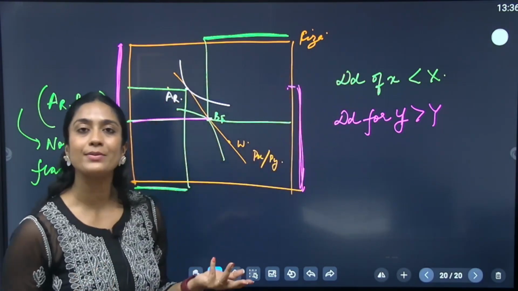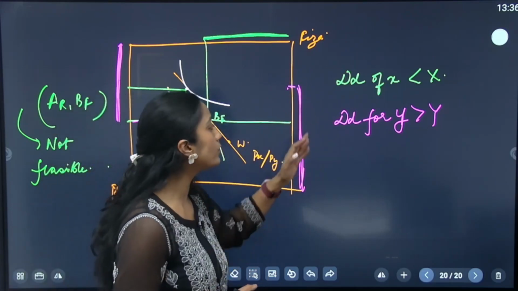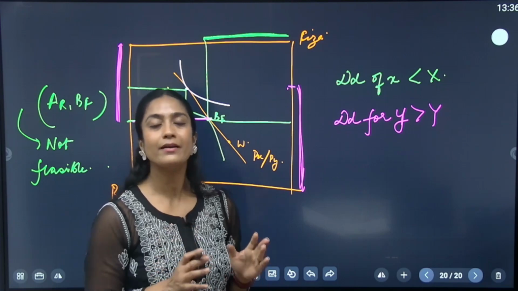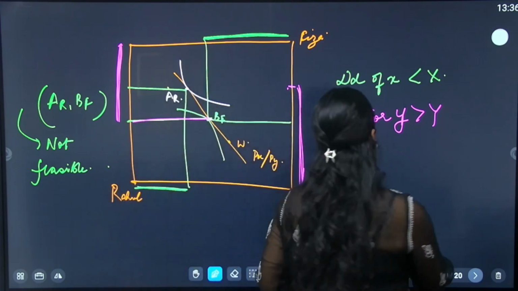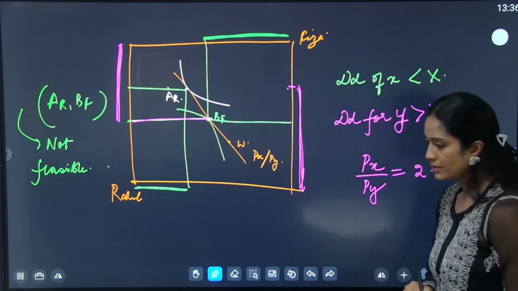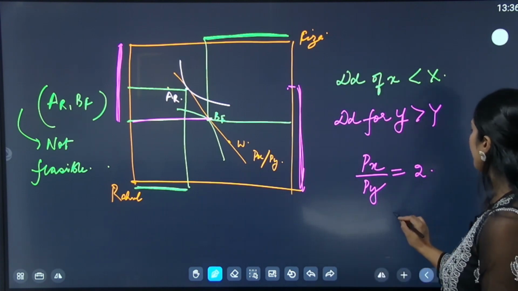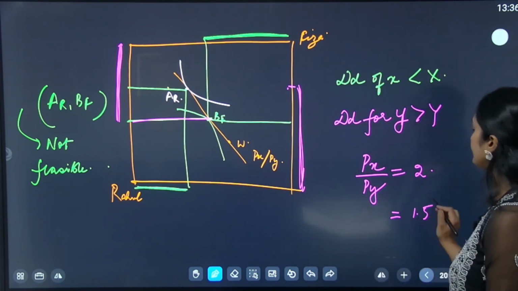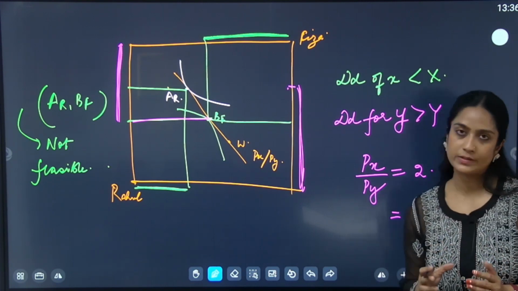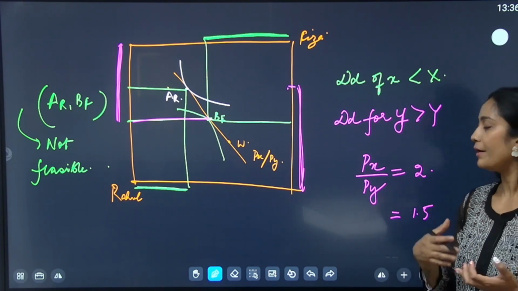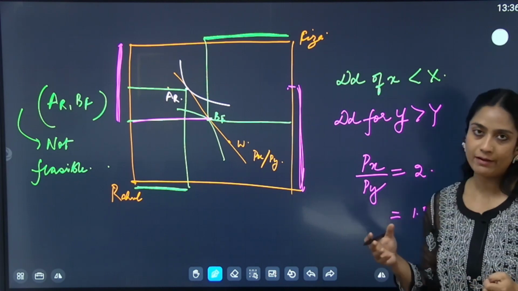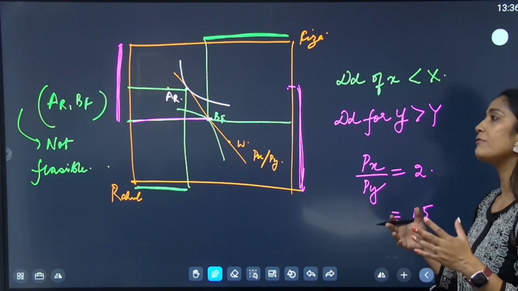We know what happens in this case. We know that now the relative price of X needs to come down. So if Px by Py was 2, now it needs to somehow come down to maybe 1.5. X needs to become less costly in terms of Y. Earlier, if you could get 2 units of Y for 1 unit of X, or rather,